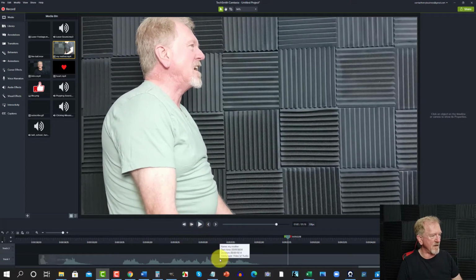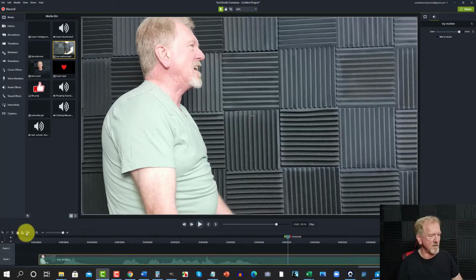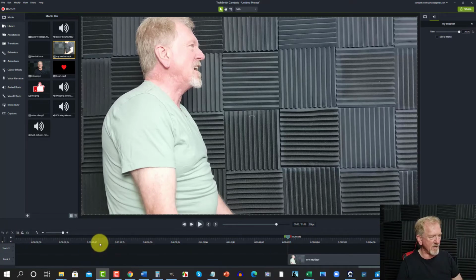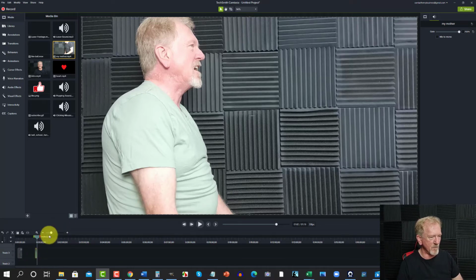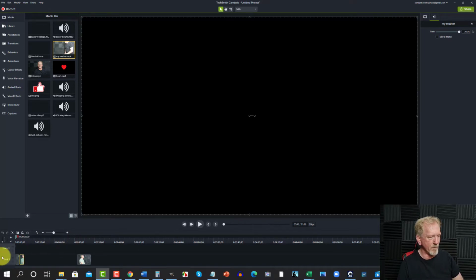Okay, I'm going to use that as my next section, so I'm going to slice that. I'm going to grab hold of this and take it above and shrink that down so I can see what I'm doing. Oops, too much. Now I want to grab this part and take that back over to the very beginning here. And if you put them together,